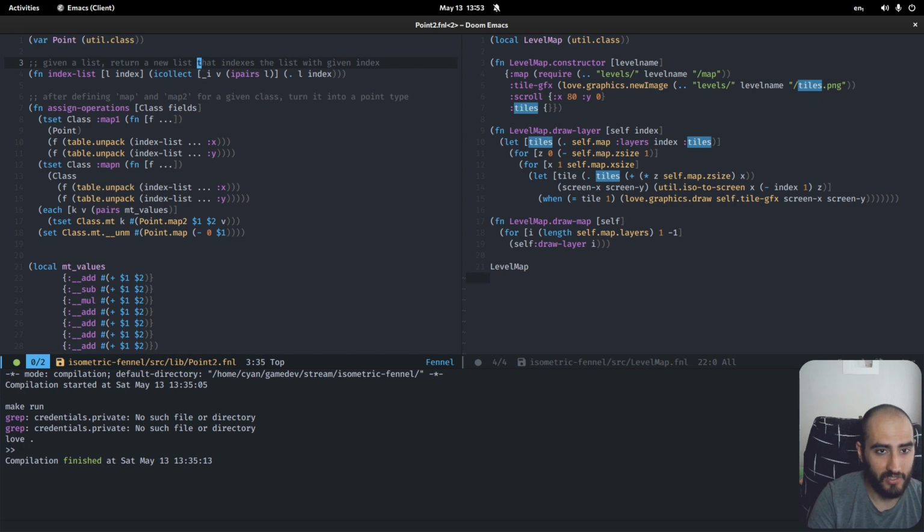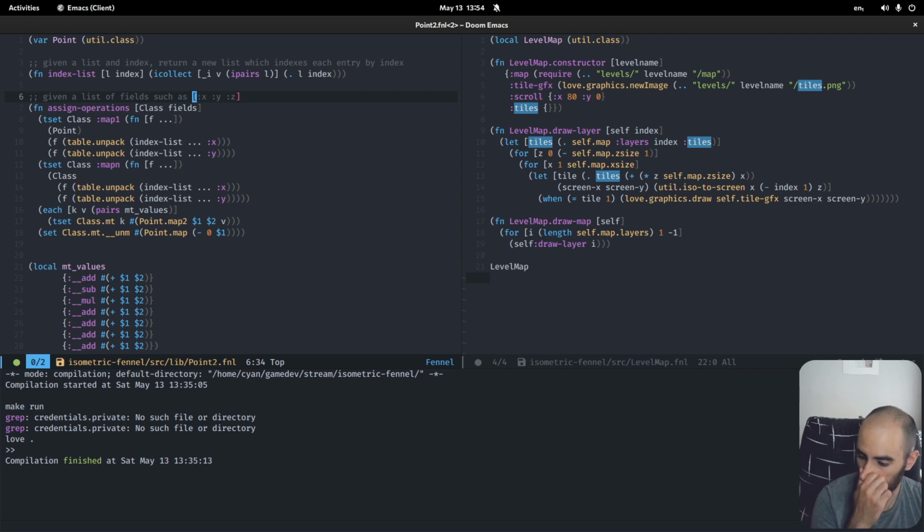Returning a list that indexes the list with a given index. That is not helpful. Given a list and index, return a new list which indexes each entry by index. Okay, there we go. That's more clear. Now, after defining map and map2 for a given class, we don't even have to define that. Given a list of fields such as x, y, z,